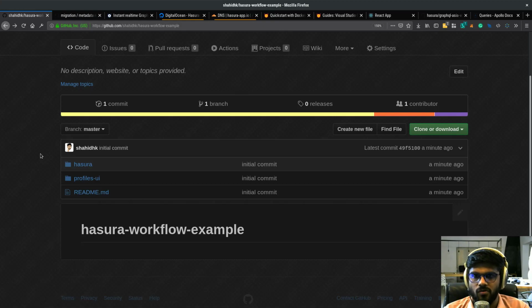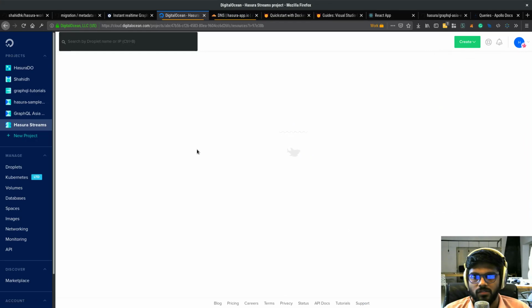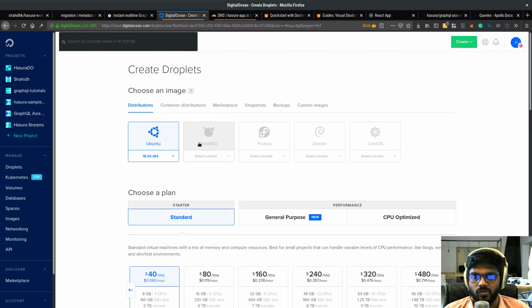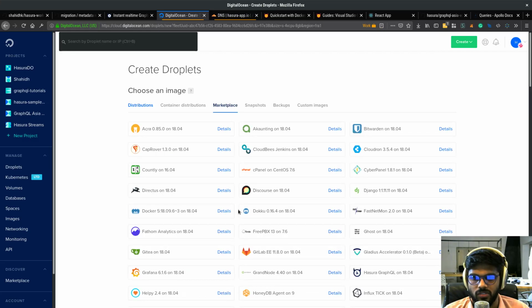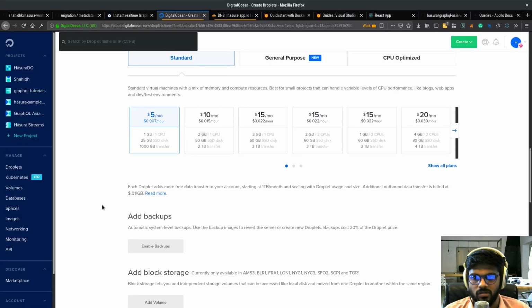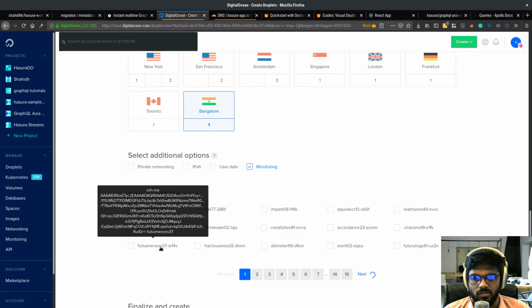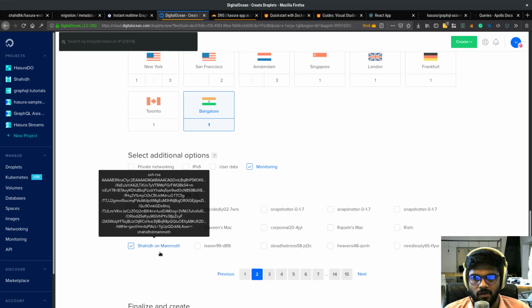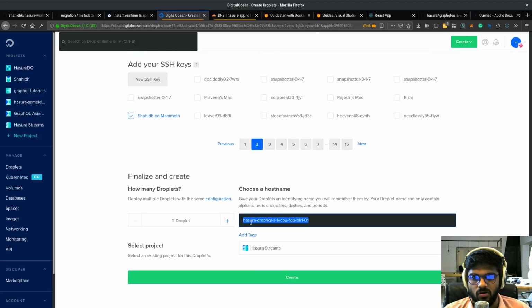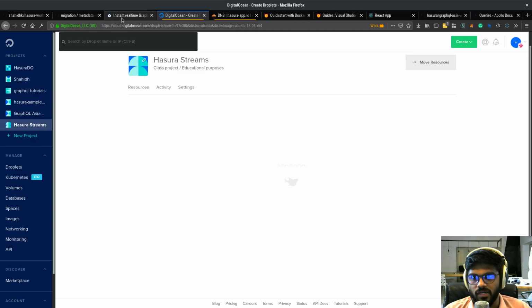So first thing to do is to go to DigitalOcean, create a new droplet for Hasura. So I'll go to marketplace and choose Hasura GraphQL. I'll choose a $5 machine. I will choose Bangalore, enable monitoring, also add my SSH key. That's me. And I will call it hasura workflow staging. So while the droplet is getting created,